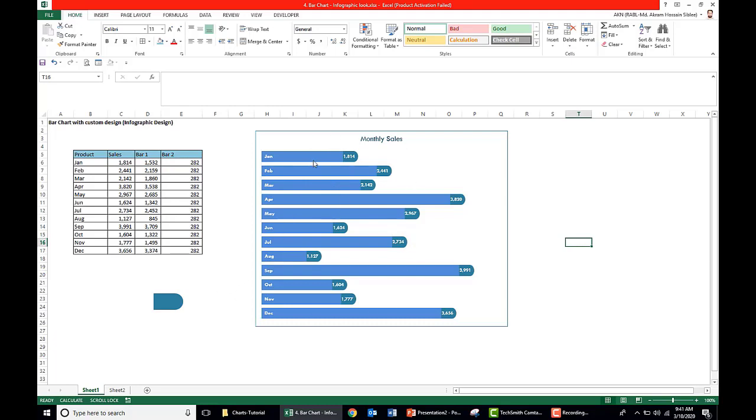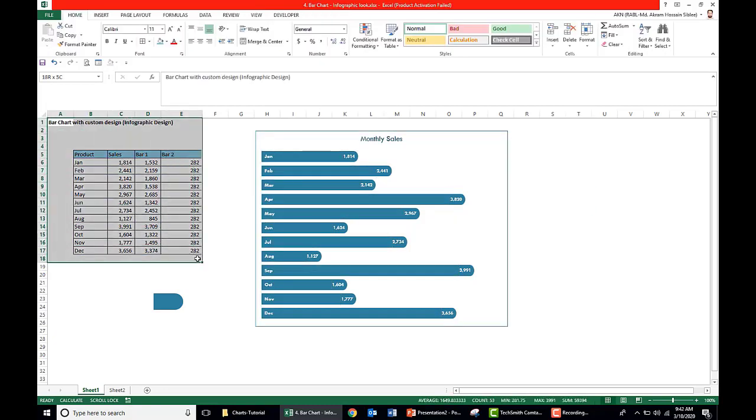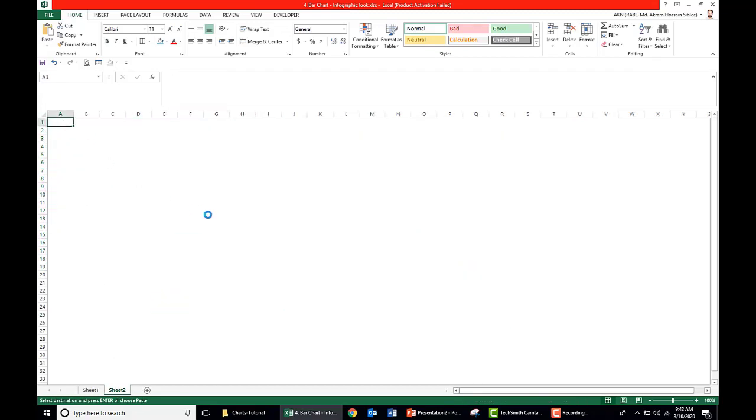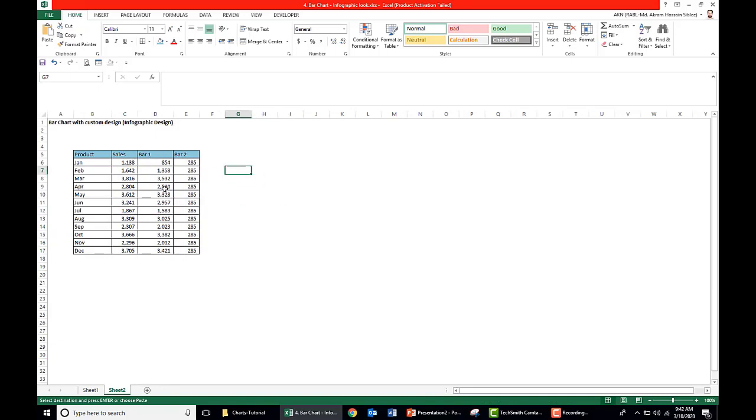So let's take this data in a new sheet and formulate from the very scratch. So just copy this data in a new sheet. Here we take a random number. So how do we segregate the data here? This is the data. Here we just remove the data here. First of all, we calculate the data for the second bar.